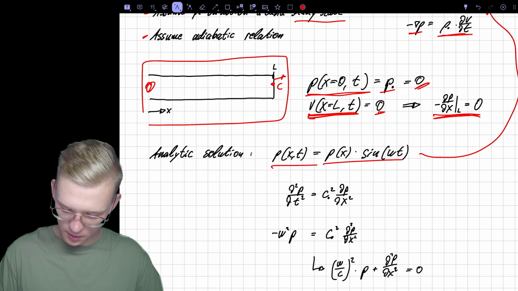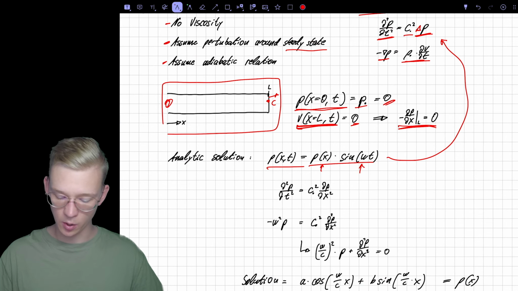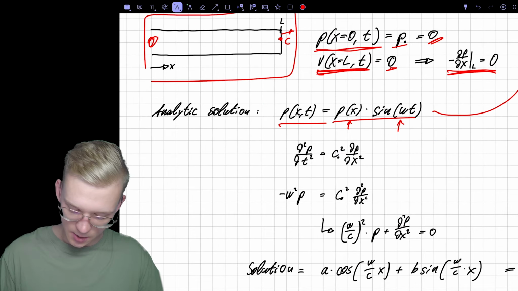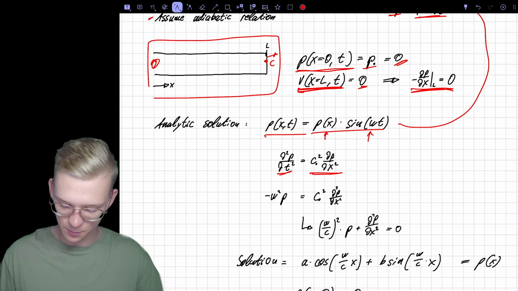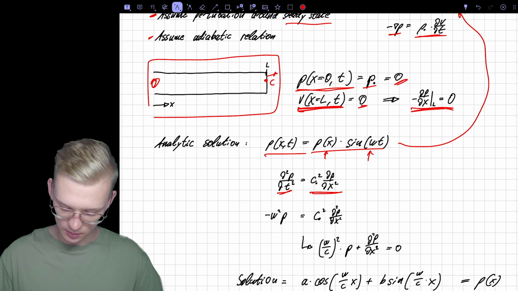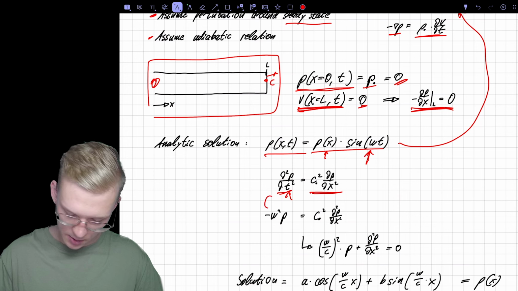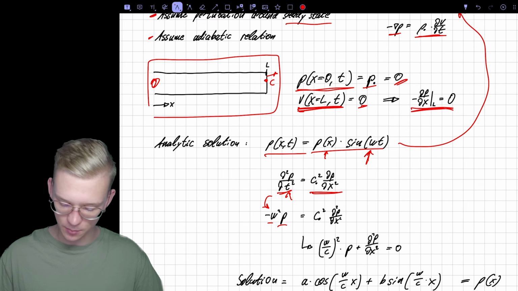We propose an analytical solution of our Helmholtz equation, so for this one right here, and say that our pressure is some pressure function times our modulation function, so our time function. We perform separation of variables, basically. So now we have a derivative in time and a derivative in space. We derive it twice with our time function, so we get it from here. And this will lead us to a minus omega squared times the same time function we had in the beginning,